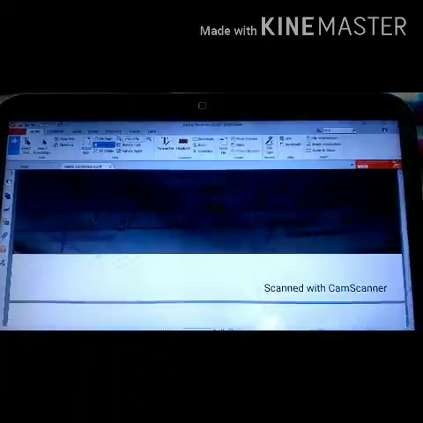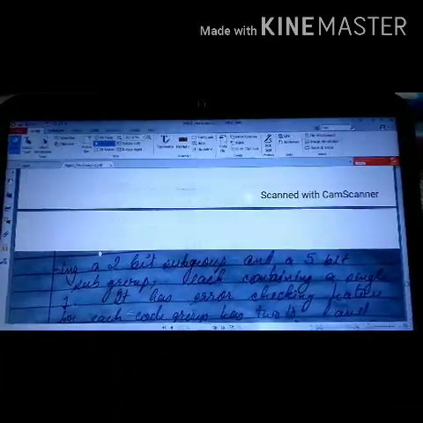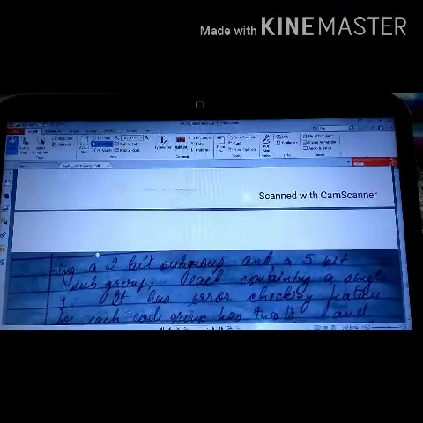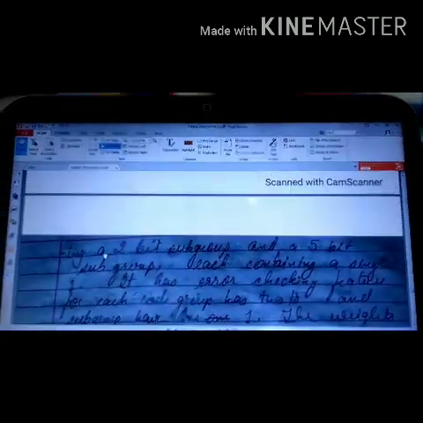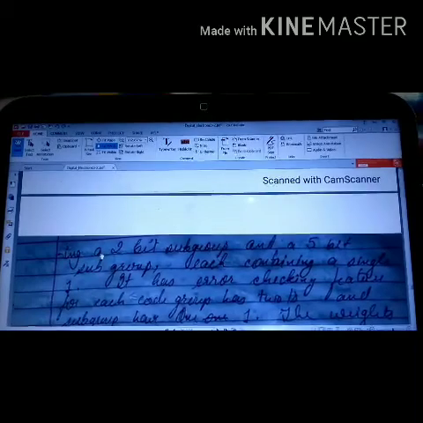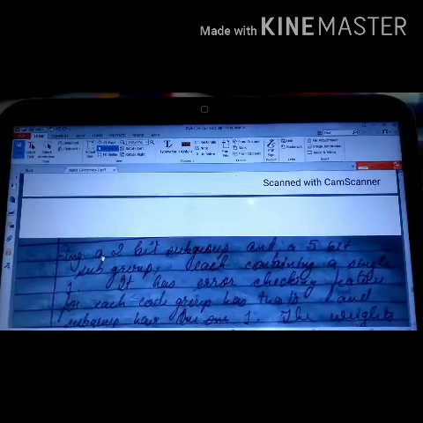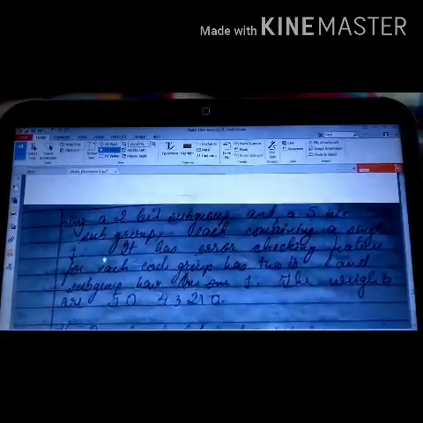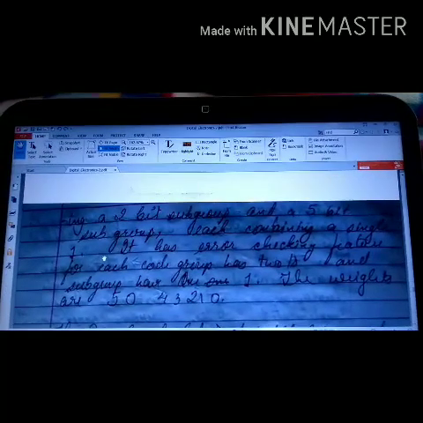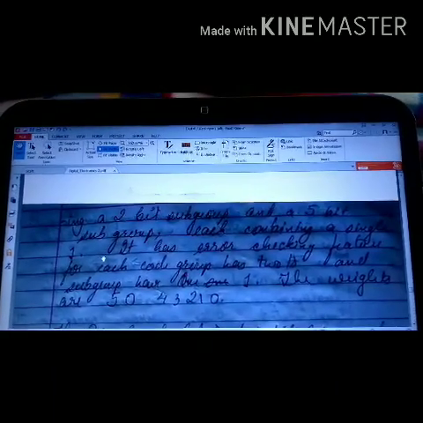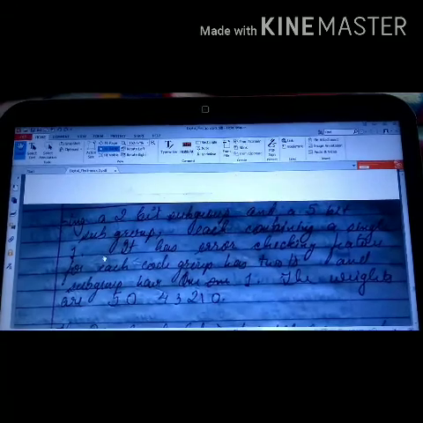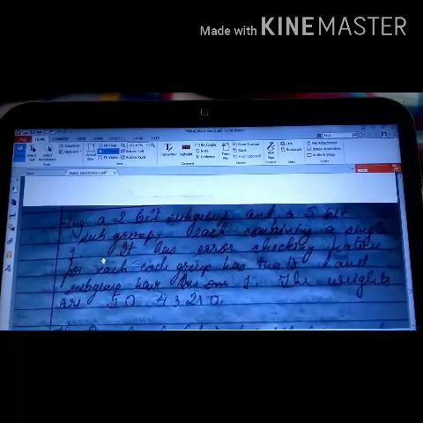So it has two subgroups and each contains a single one. It has an error checking feature for each group. Okay, the weights are 50 and 43210. The one subgroup is 50 and another subgroup is 43210.